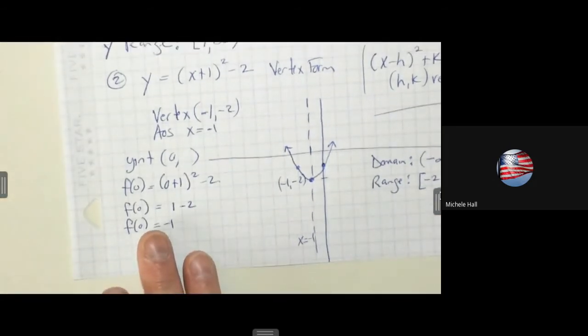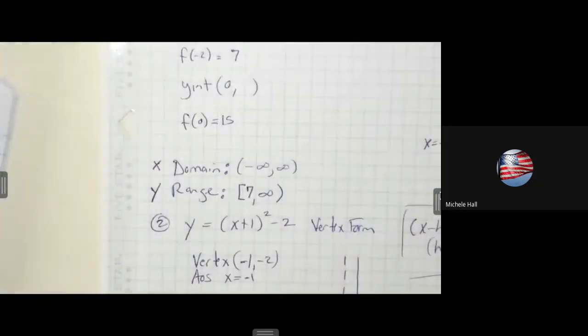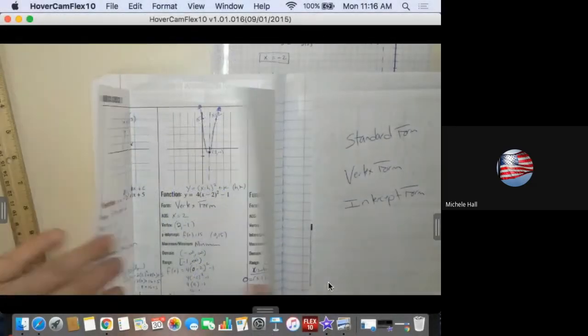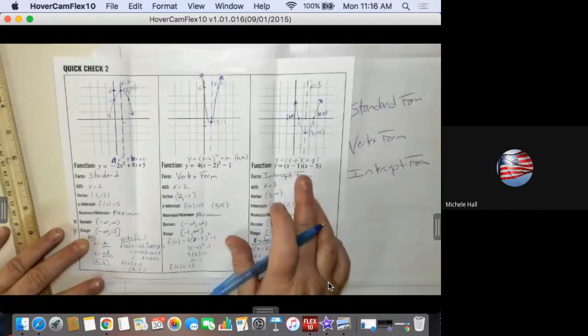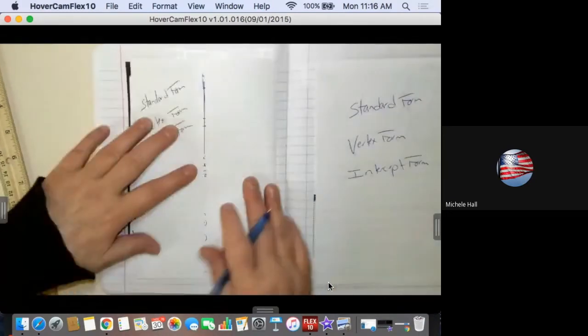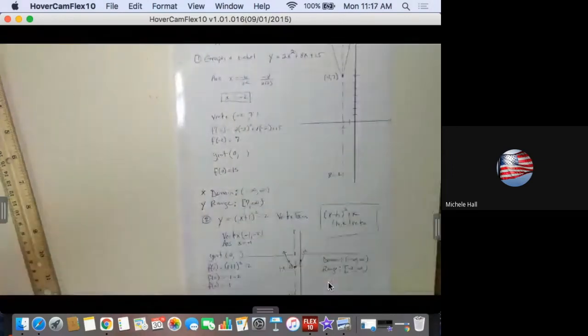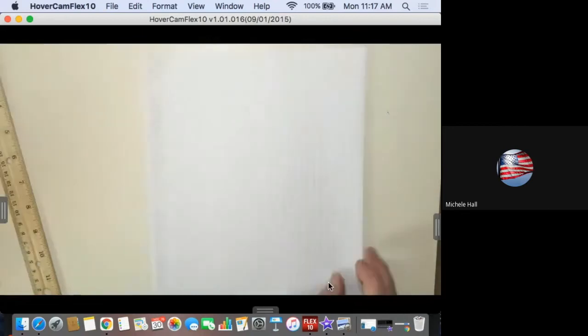You have a foldable in your book, quick check that we went over to make sure that you had those 3 forms right here. So here's your quick check that we already did of the 3 different forms. The only one I haven't done is intercepts. Okay. All right. The next problem that we're going to do